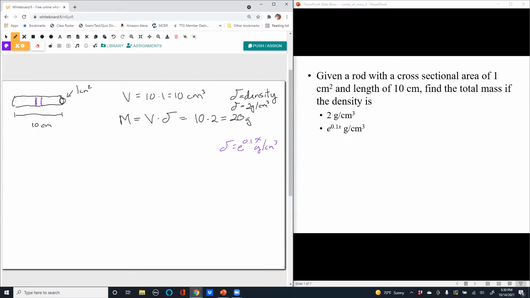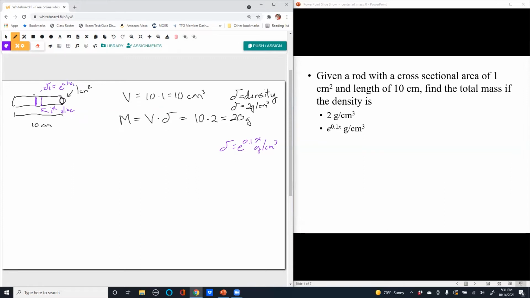So that's going to be our ith slice. All of this is going to sound familiar. I know it probably is starting to sound like a broken record. Now, here's why we do this. We pick the slice so small that we can assume the density is constant on this slice, meaning the density on there, maybe we call it delta sub i, the density of the ith slice is e to the 0.1